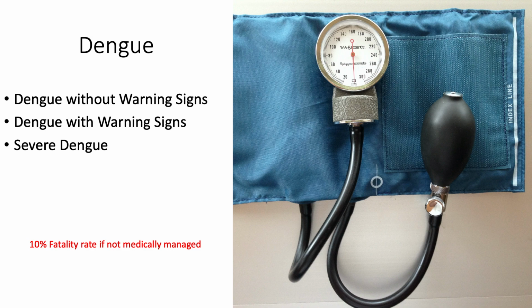Dengue with warning signs is the same as the previous list, plus any of abdominal pain or tenderness, persistent vomiting, clinical fluid accumulation such as ascites or a pleural effusion, mucosal bleeding, lethargy, restlessness, or liver enlargement. Some other laboratory warning signs may be an increase in the hematocrit along with a decrease in a platelet count. Severe dengue fever has a particularly poor prognosis with as high as a 10% fatality rate if not medically